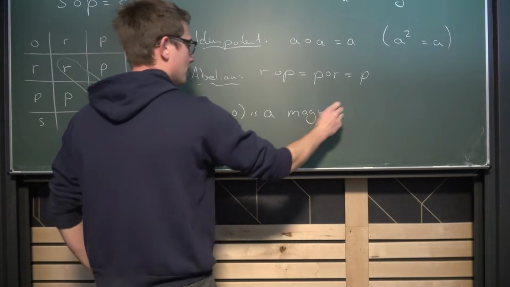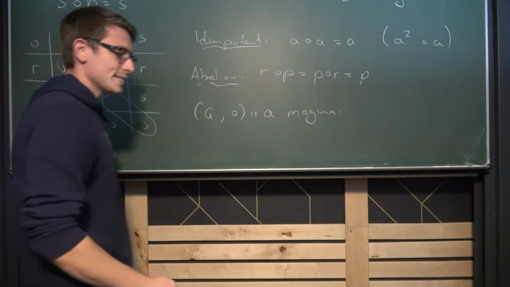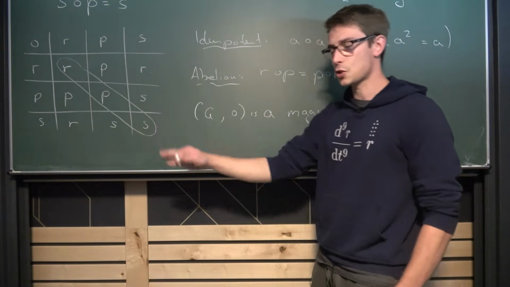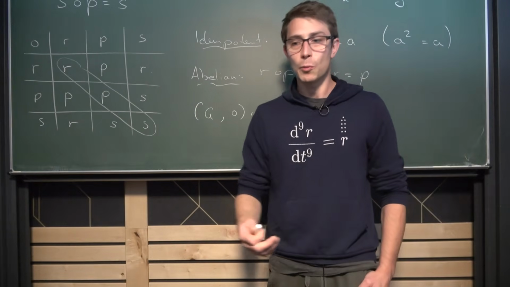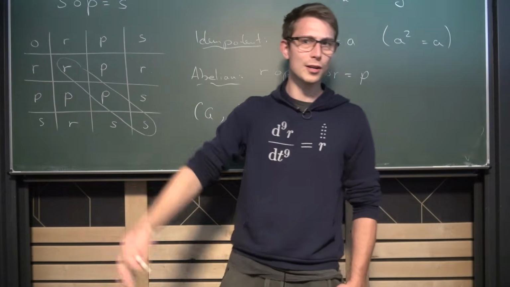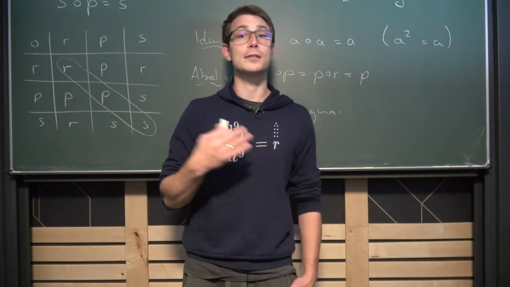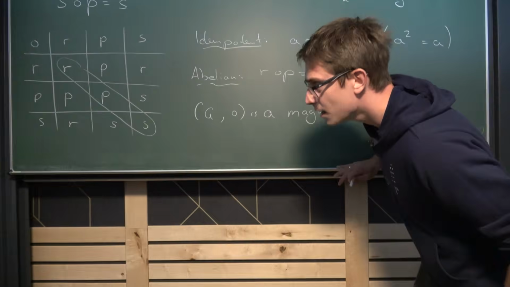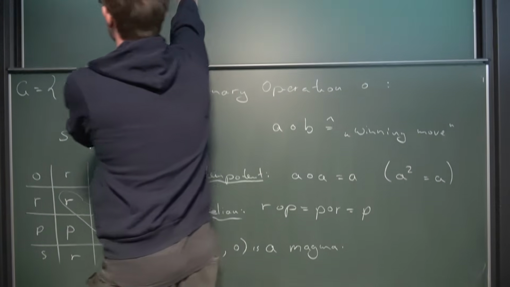Is a magma. Okay, so we got this done. Now what is the next stronger thing that we could check for? Well, the next thing that makes numbers or algebraic structures work the way we are used to is associativity. And to remember what associativity is,